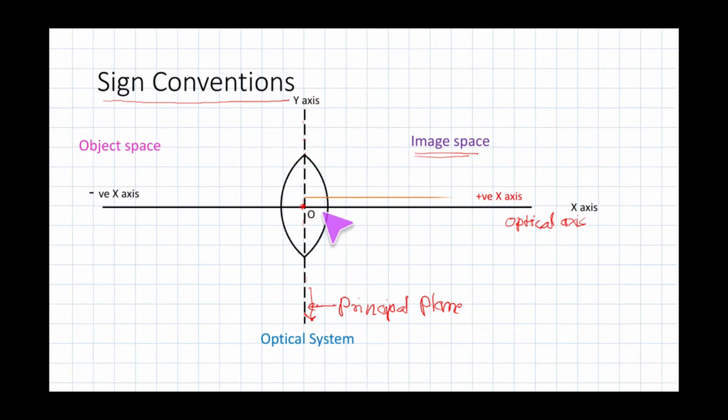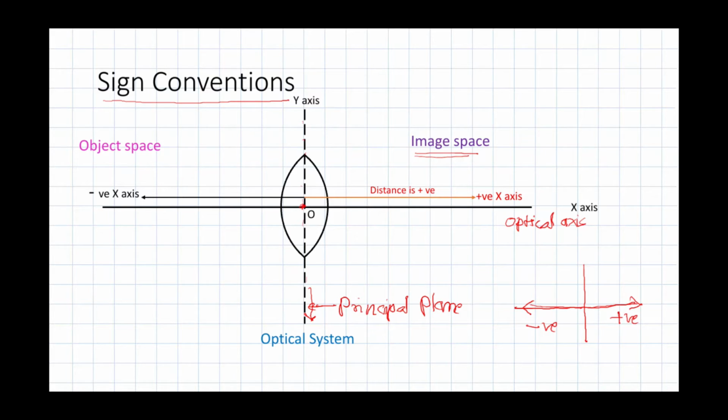Similarly, whenever we measure distance from optical center to positive x-axis, the distance treated is a positive distance. So remember that, in short, we can say this side gives the positive distance. Similarly, this is left side to negative axis, we have the distance measured from optical center, that is negative.